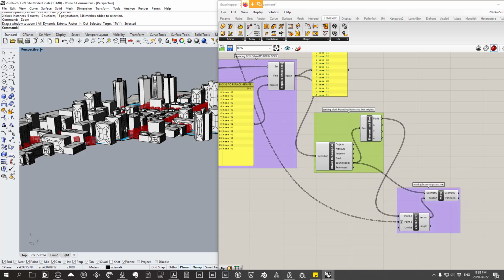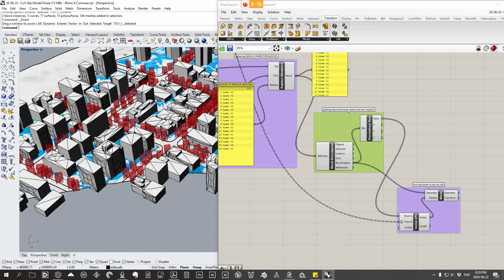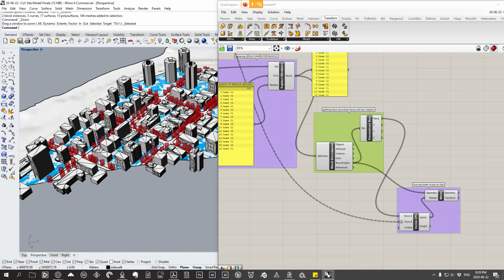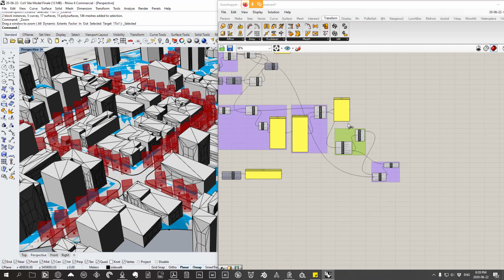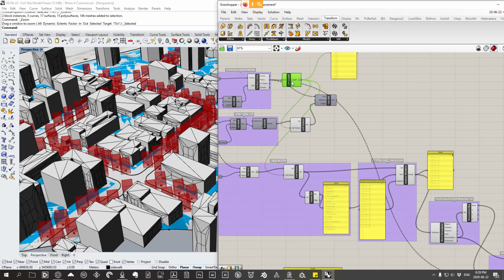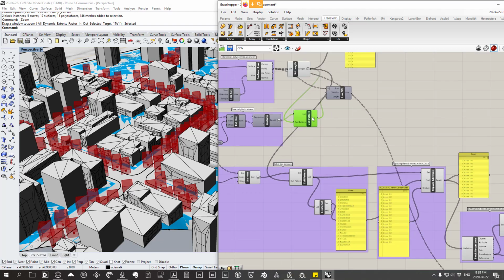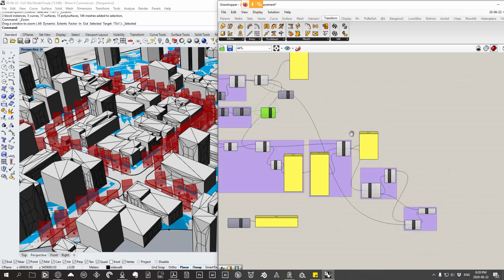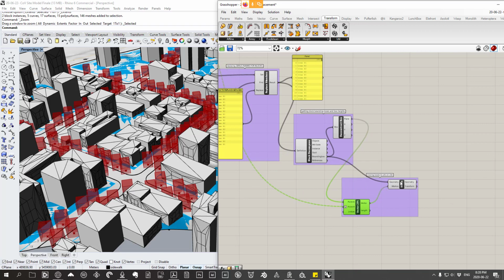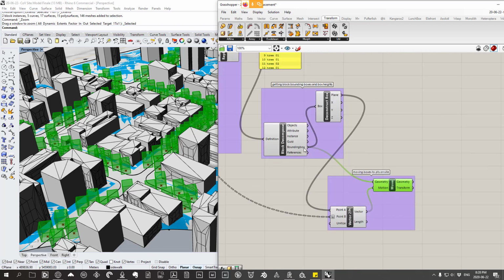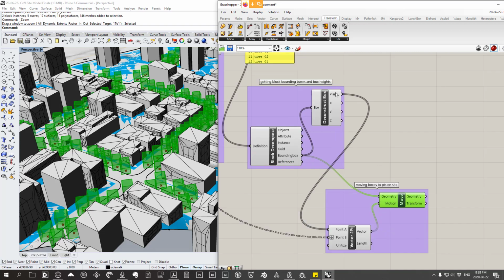So now what we need to do is we've moved all these boxes to the site. We just want to scale them by the proper height. So if you remember, we have the height up here, the cull pattern coming out of the tree height in meters group. We just need to scale these boxes. So for each of these boxes, we've decomposed them. We've used their plane to move them, but now we can use the Z value as their height to scale them. So what we'll do is we'll go to